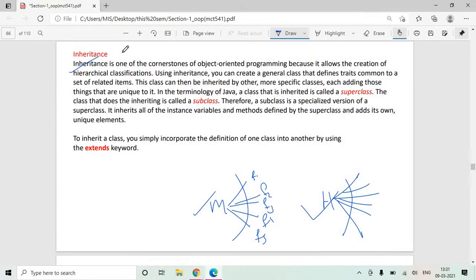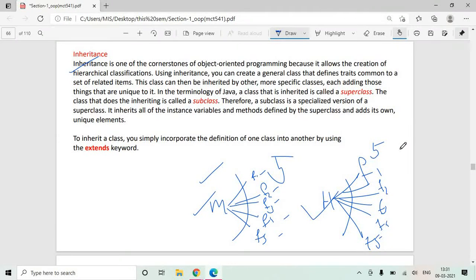And if you don't know this inheritance concept, what will we do? We will create a class Maruti, and in that we will have these 5 features written, and we will create a class Hyundai and we will write these features in class Hyundai. So altogether, how many features have we discussed? 10 features, 5 for this and 5 for this.